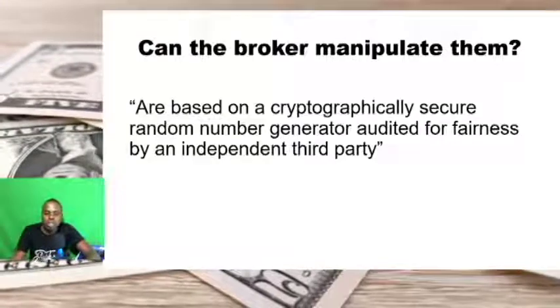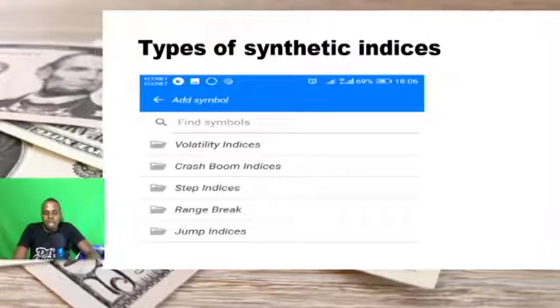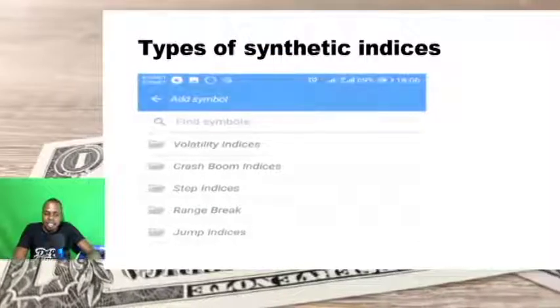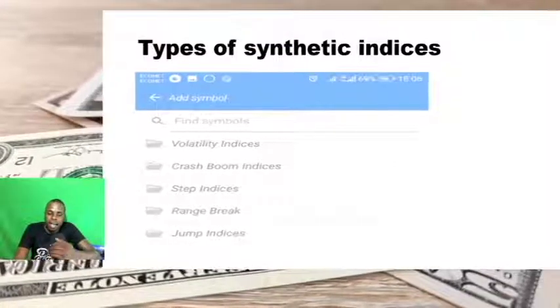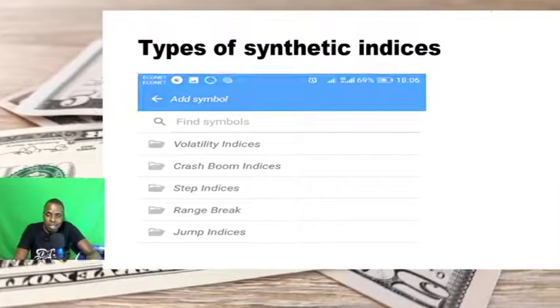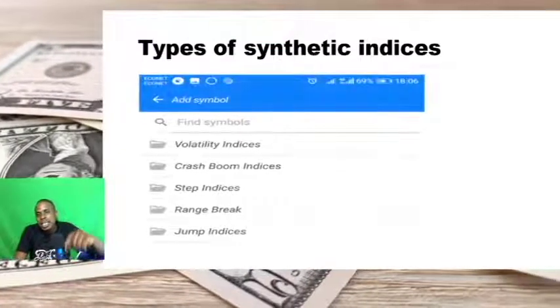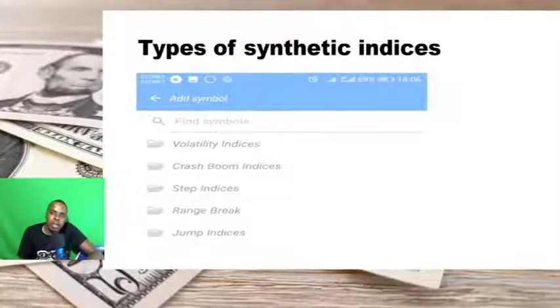Now let's talk about the different types of synthetic indices. So we have got the volatility indices and the boom and crash indices. We have got the step indices, the range indices, and the jump indices, right? These are the types of indices that you can trade, and let me get deep into each and every one of them, and let me explain how these